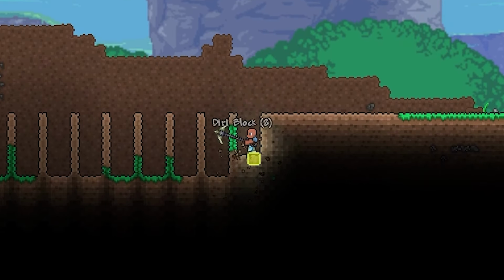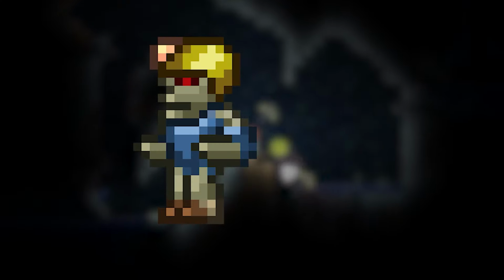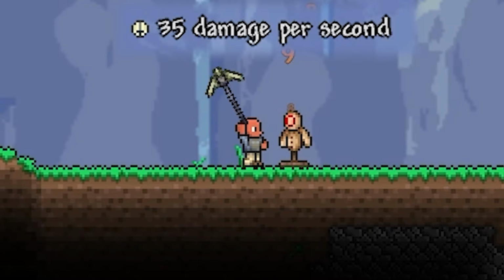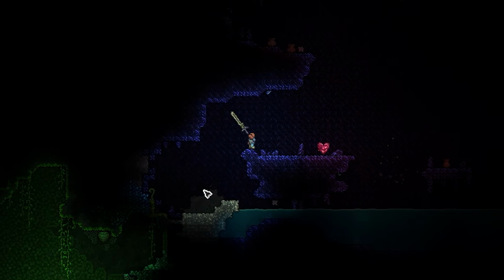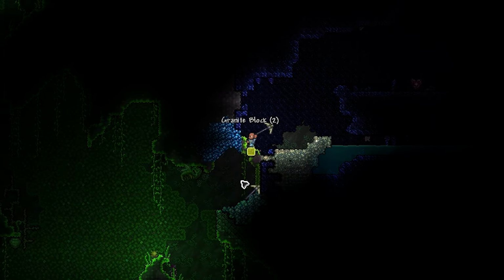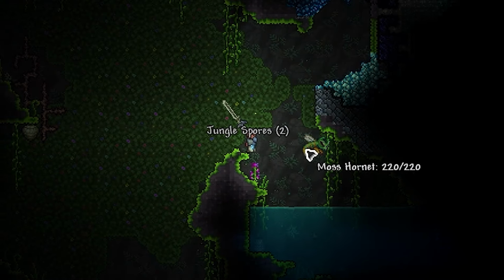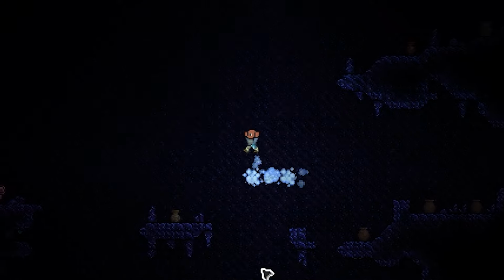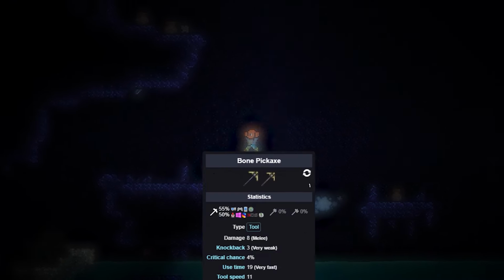Introduced in the 1.2 version of Terraria, this pickaxe is obtained by undead miners and has a drop chance of 5%. It deals 8 melee damage, has 55% pickaxe power, and a use time of 19. This seems to be a counterpart to the bone sword, as it shares a similar color palette and is also dropped by skeletons. This is the only pickaxe that can be dropped by a non-boss enemy, and the tooltip, "I've